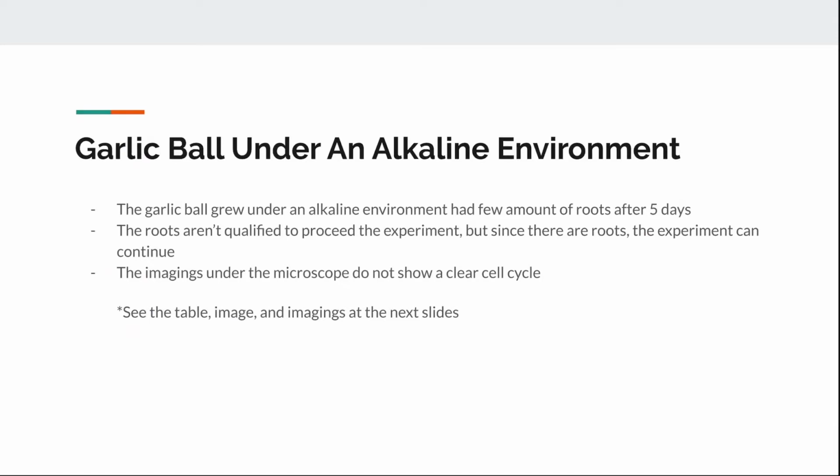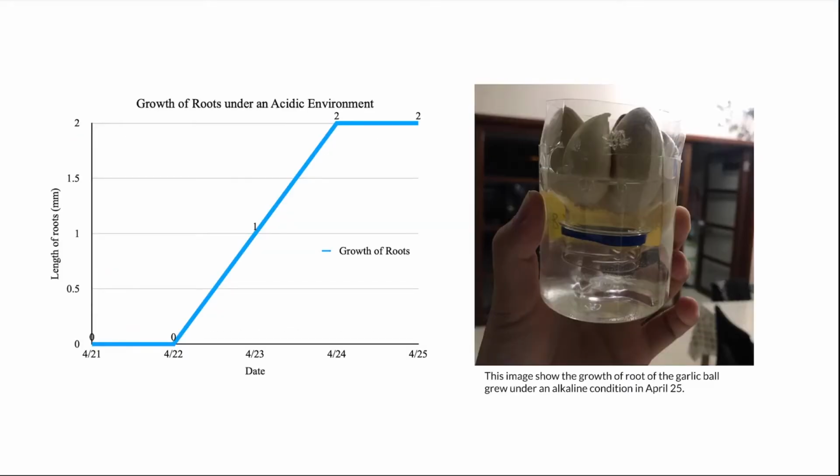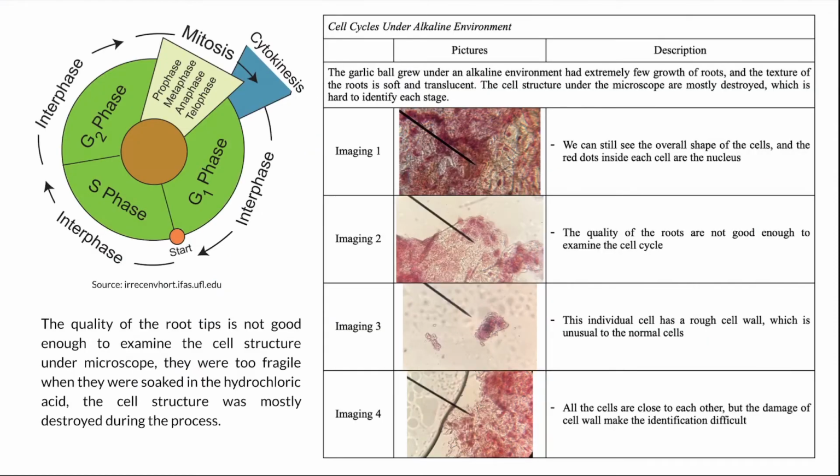The imaging under the microscope does not show a clear cell cycle. So here, according to the picture, you can see that there's only tiny growth of the root for the garlic bulb that grew under alkaline condition. And we can see that all the images are not really as clear as the imaging from the neutral condition,